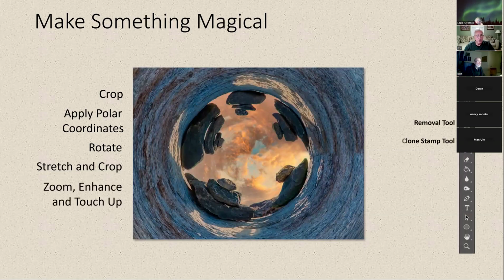And now I've zoomed in, I've enhanced it, I've touched it up. And so how did I get rid of this seam line? It's, again, with these tools here, the removal tool and this clone stamp tool. And you can kind of pick out where that seam is, but I think it does a pretty nice job